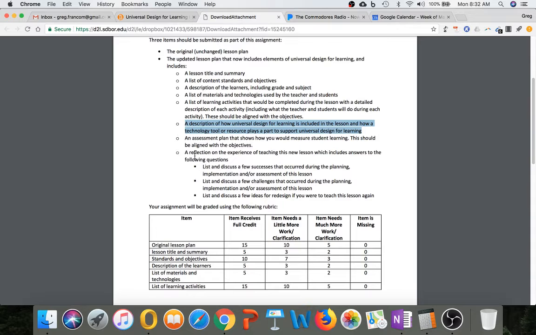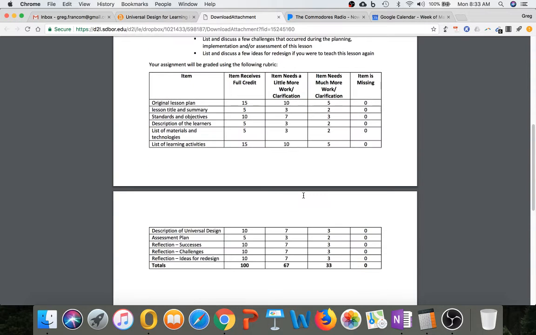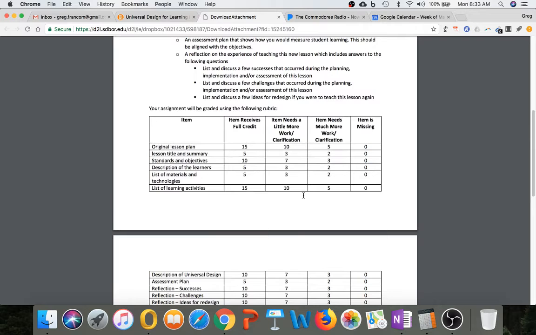And then the reflection piece. After you have implemented the lesson in your class, you have a reflection piece that says list and discuss a few successes that occurred, a few challenges that occurred, and a few ideas for redesign if you were to teach this lesson again. So again, it's asking you to be a reflective practitioner, someone who reflects on the experience